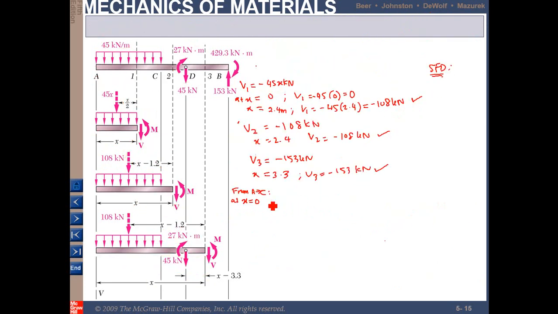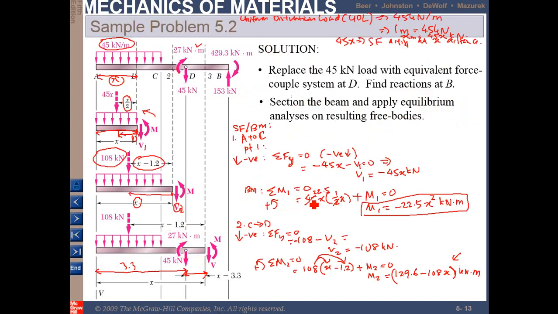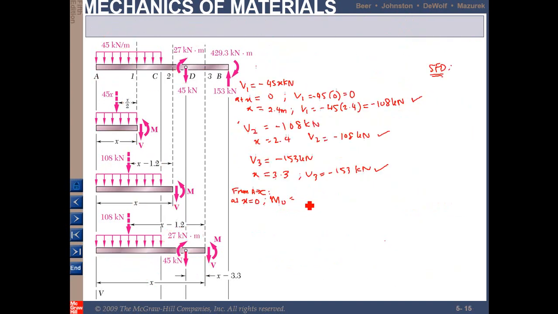Okay, so you put the value, so M, maybe you could say as M0, or you can just put M. So it is equal to 22.5 x square kilonewton meter. So if you put 0, it will be equal to 0, and then at x equal to 2.4,